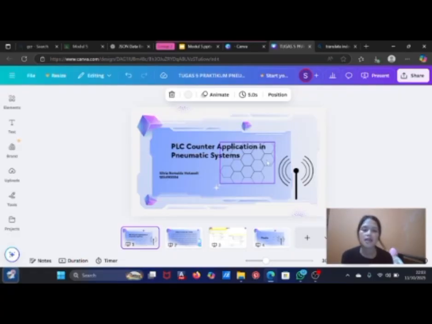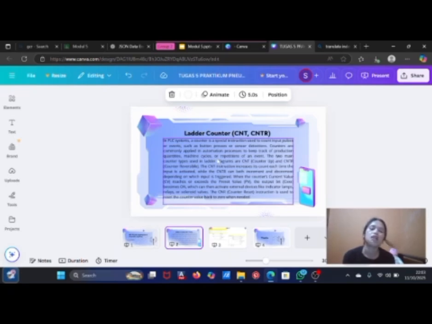PLC Counter Application in Pneumatic Systems. Ladder counter CNT, CNTR. In PLC systems, a counter is a special instruction used to count input pulses or events such as button presses or sensor detections. Counters are commonly applied in automation processes to keep track of production quantities, machine cycles, or